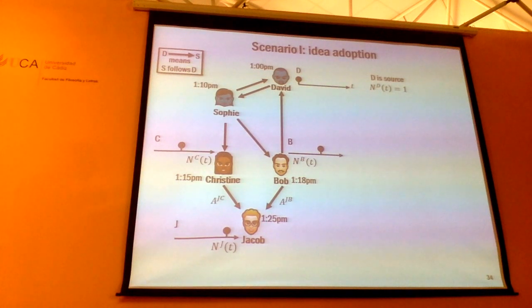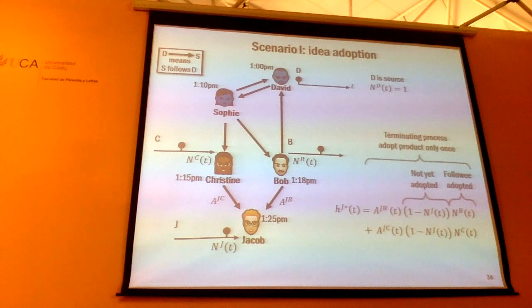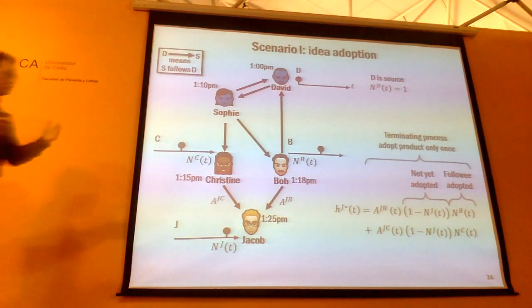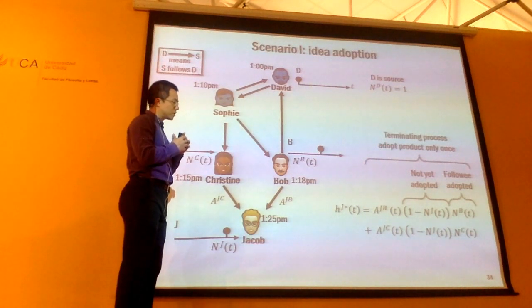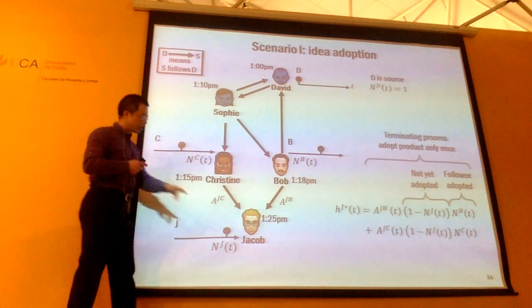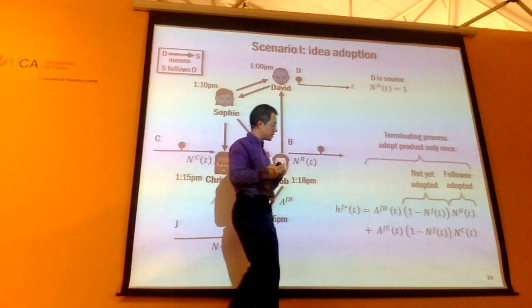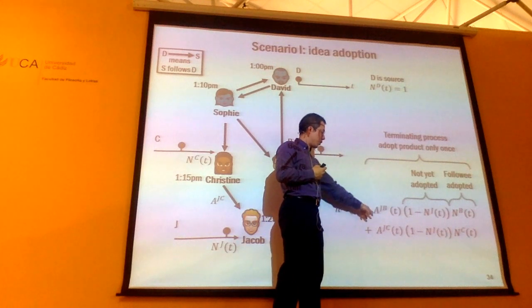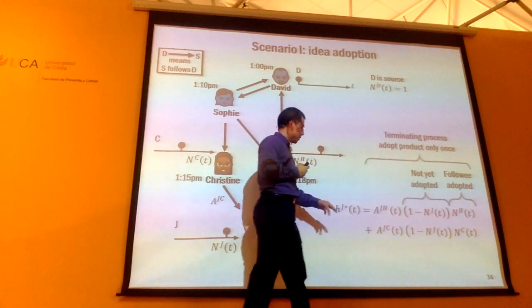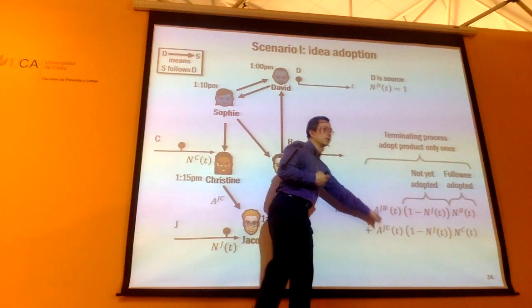Right? So now you have this counting process recording the history of each user. What is left for describing the dynamics is actually designing this intensity function. Right? How do you actually design this intensity function? You're going to design something closely related to this terminating point process. So what is this intensity going to look like? For Jacob, the intensity is going to have 2 terms. It's going to be a superposition of the influence from the parent Bob and also the parent Christine, okay?